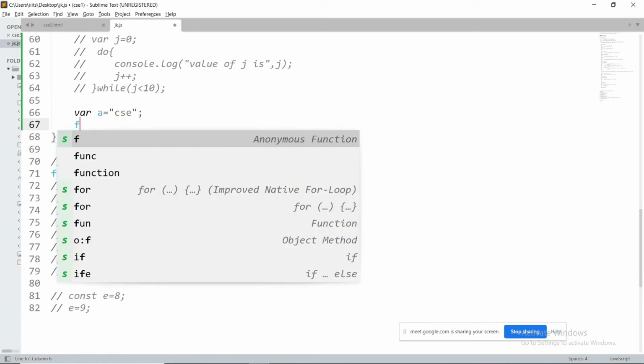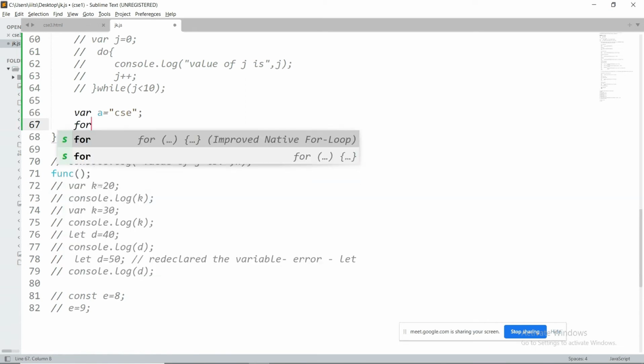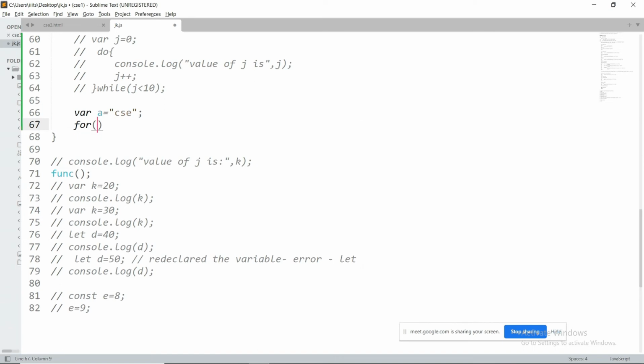Can I go with a for loop? Can I extract or not? Yes. So then what I will do? Let i equal to 0. Can I write i less than, what would I like to write here? You have to write the length of the string, right? How are we going to write the length of the string? By simply using a keyword called length. Length is a keyword which is meant to find out the length of the array or the length of the string. Once you find out the length of the string, you may iterate that many number of times. Then I can go with the iteration.